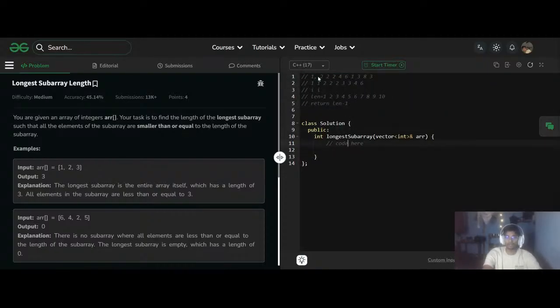Let me code this solution and see if it is working or not. Length is equal to 1. Sort arr.begin, arr.end. Now what? For auto x in arr, simply check if x is smaller than or equal to length. Simply write length plus plus. If not, break, because there is no